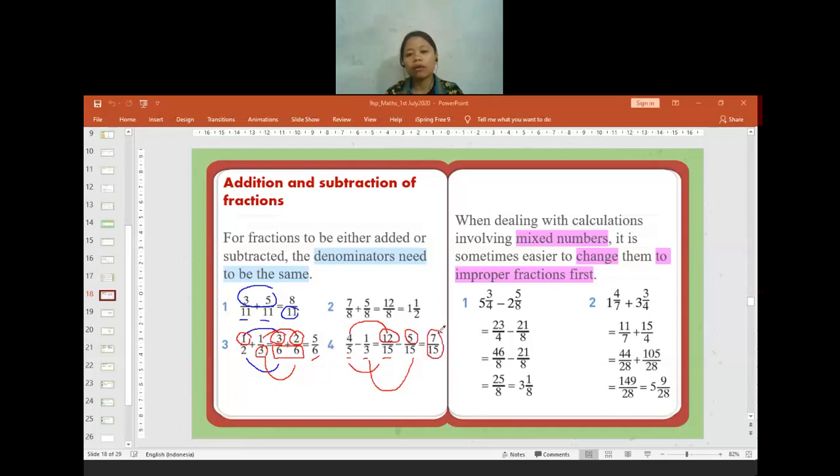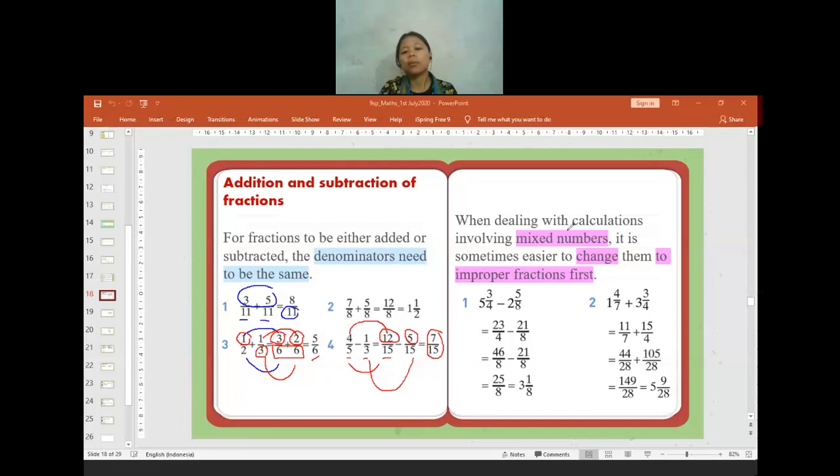Is it clear enough, or is it more confusing, Orfeo? Or what about the others? Clear. Okay. What about the others? Is there anyone having any difficulties still? It will always be better if you ask clarification during the online class. So later when I give you homework, you will be able to do it. Okay. No one asked me any questions, so I will assume that all of you have no question.